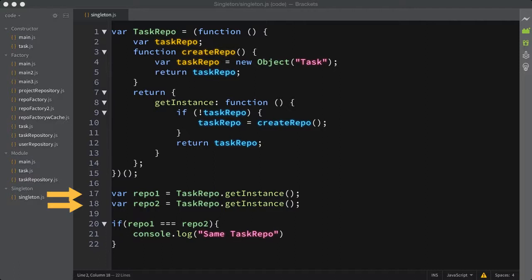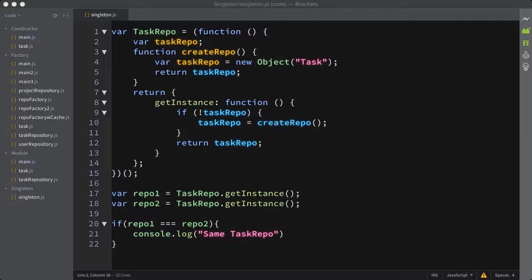So basically what happens when I create a new repo 1 and repo 2, I'm calling getInstance. And when I call getInstance for task repository, the first one goes and creates a new instance, and then the second one already has that instance, so it just returns it. And actually, if you check with an if, they'll be the same task